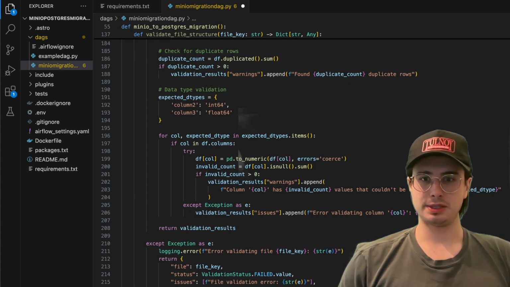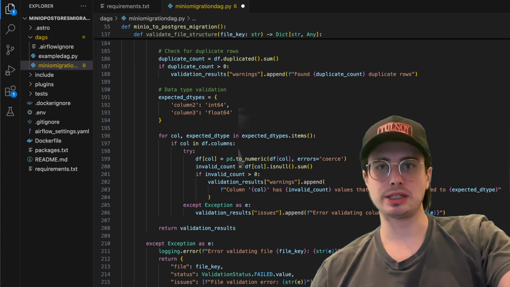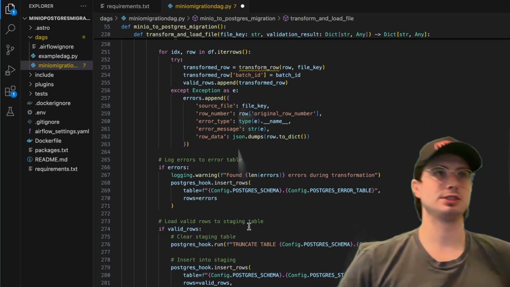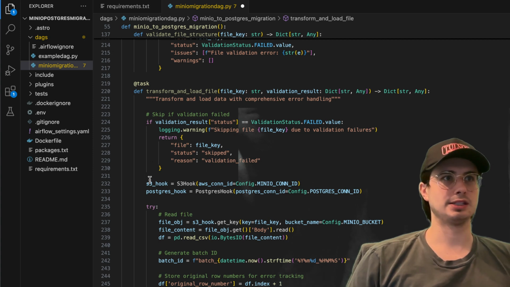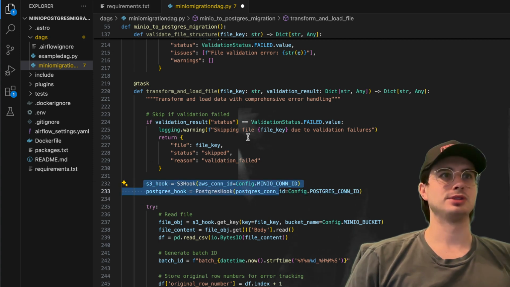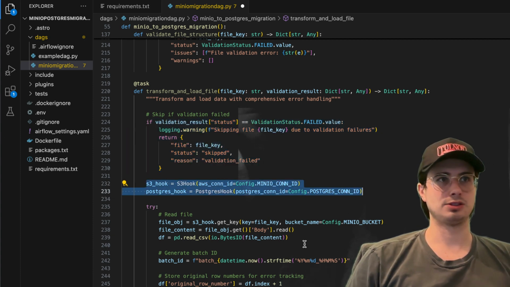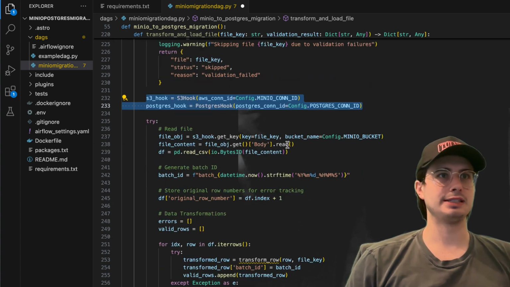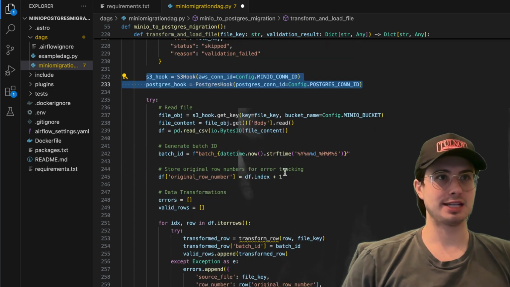Then our next step is going to be transforming and loading all of these data sets. So we need to basically transform and load the data into Postgres using the 2 hooks in conjunction with each other. So here what we're going to be doing is initiating 2 different hooks. So first skipping files that have validation errors, but then initiating connections to Postgres and to S3, reading the file from S3, getting the contents of the file, reading that into a pandas data frame,